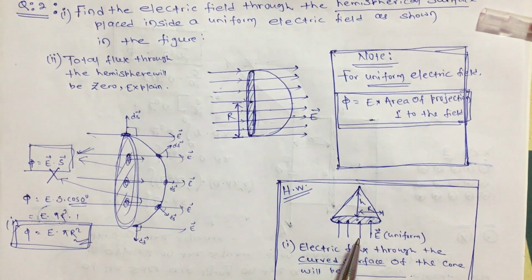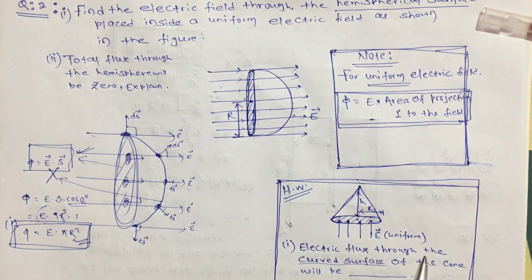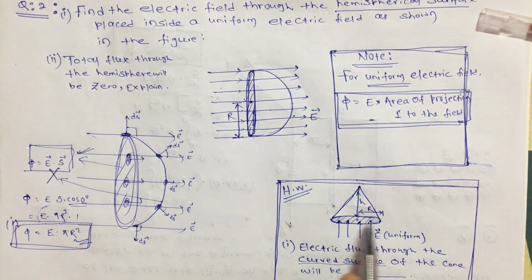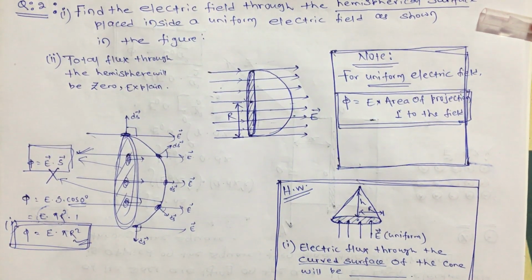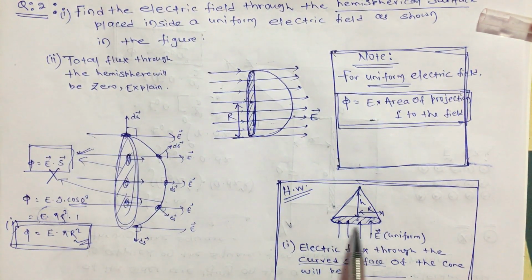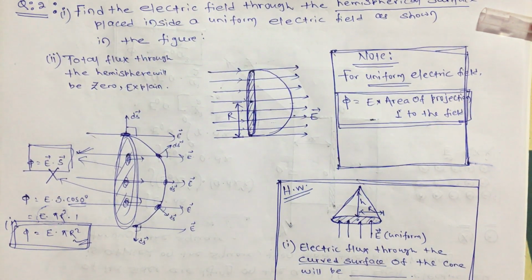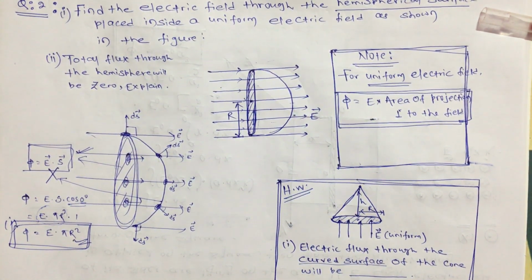So, in this case, if the answer is asked, it is simply E into this area. So, that you can find. Is it clear? In that case also actually the answer is going to be E into pi r square, because this radius is given as r. So, this area is going to be pi r square, electric field is E. So, answer is E into pi r square. I have solved the question for you. Now, I will give some more assignments to you anyway.